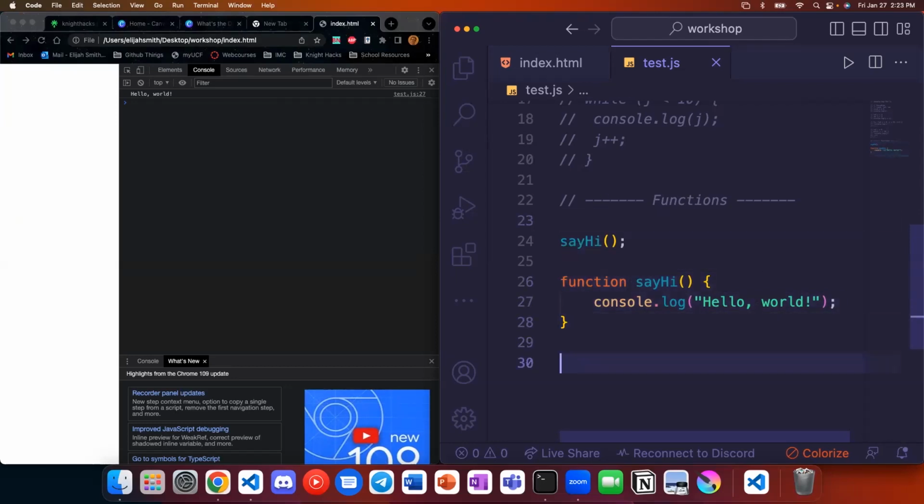Another cool thing, we can declare this another way. We can also use an arrow function, which is another very common syntax in JavaScript. An arrow function doesn't have a name. So this function right here has a name, say hi. If I console.log say hi,